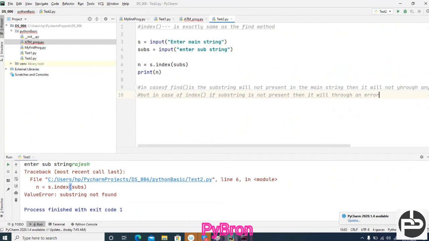Got it? Hope it makes sense and you understood the basic difference between find and index, right? Any doubt up to this? No doubt. Okay, cool.